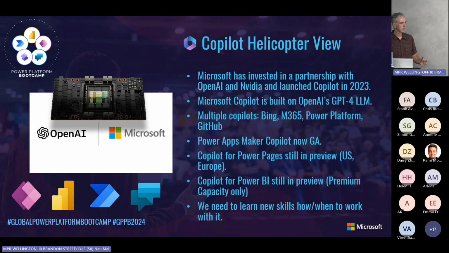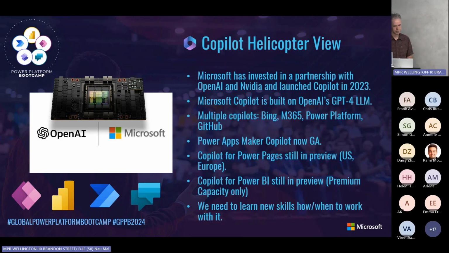As this is the first session of the day, I thought I'd give everybody a bit of a helicopter view of Copilot. Microsoft has invested a lot of money with OpenAI and also NVIDIA, the chip company that powers all of the supercomputers that are processing everything for AI. Copilot is built on a version of GPT, a large language model. And there are multiple Copilots. There are Copilots for Bing, which you probably use on a daily basis now, and Microsoft 365, where they're starting to roll out in Office tools,